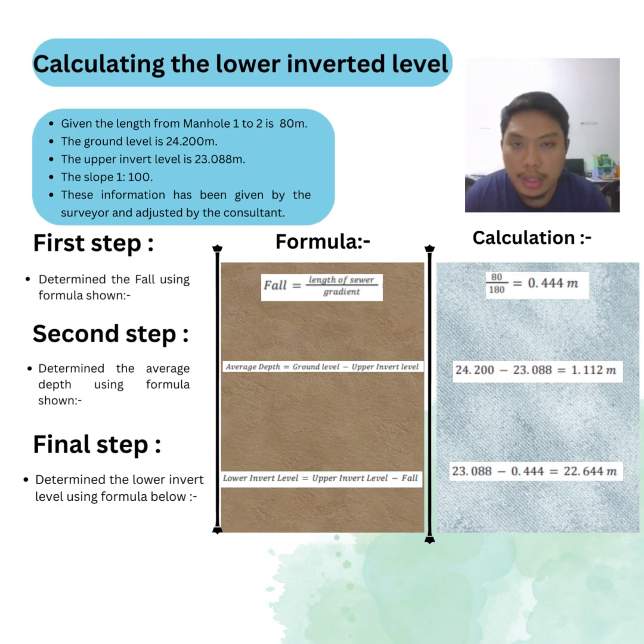So for the first step, we need to determine the fall first. The fall is equal to length of sewer over gradient. We get 0.44 meter. Move to the second step, to determine the average depth, which is equal to ground level minus upper invert level. We get 1.112 meter. And for the final step, we need to determine the lower invert level. So lower invert level is equal to upper invert level minus fall. We get